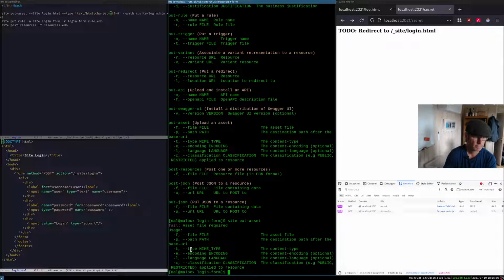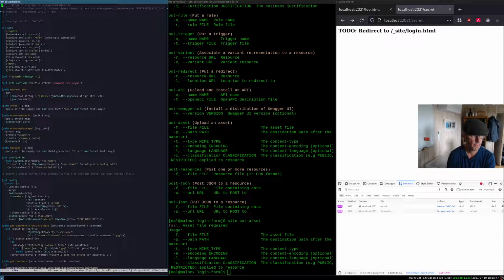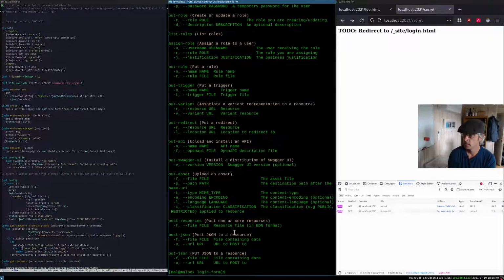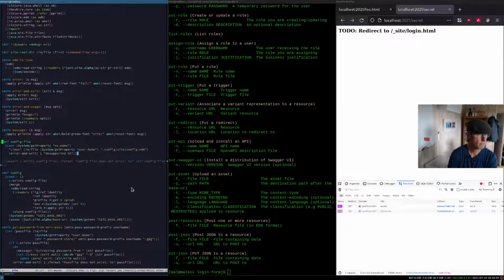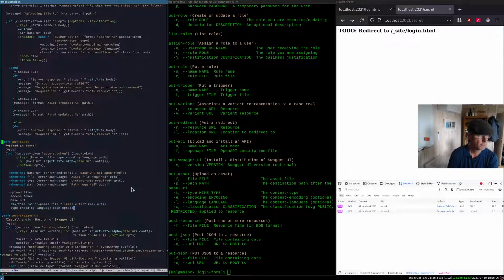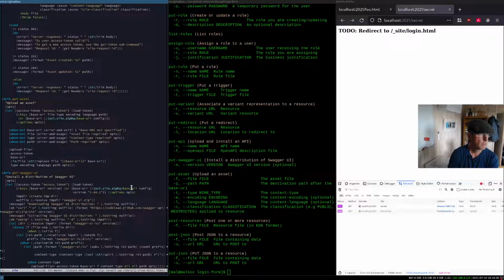So since this is a building site and not an explaining site, let's have a look at the babashka that is behind this site tool. Okay. What happens when we say put asset? Well, let's just search for it. Put asset. Here it is. We run this, and we can upload a file. It uses curl underneath,